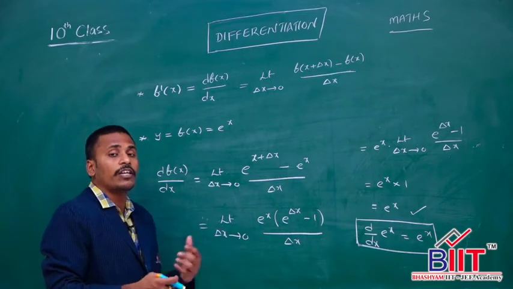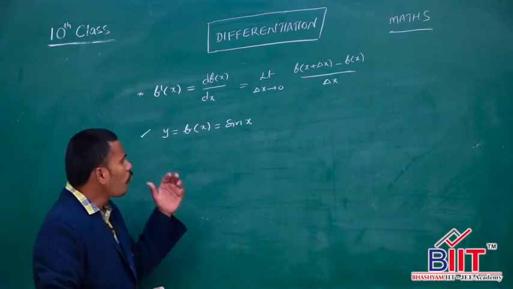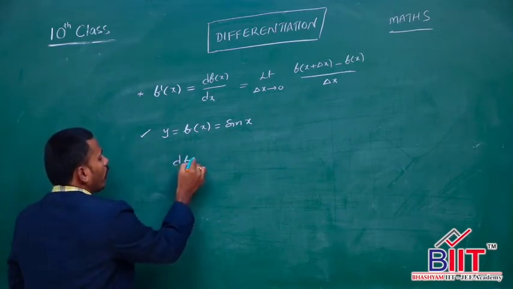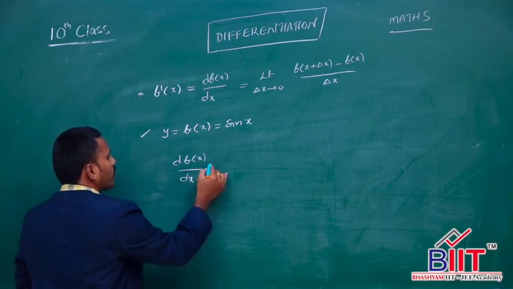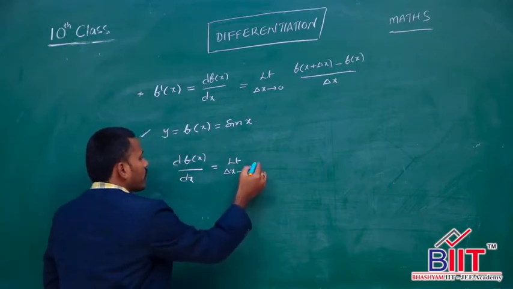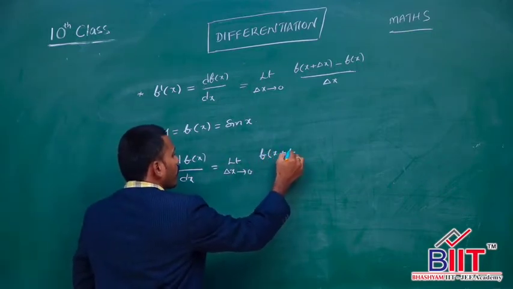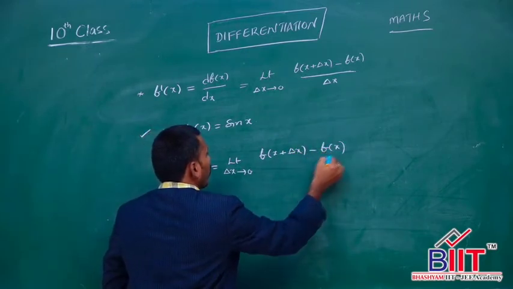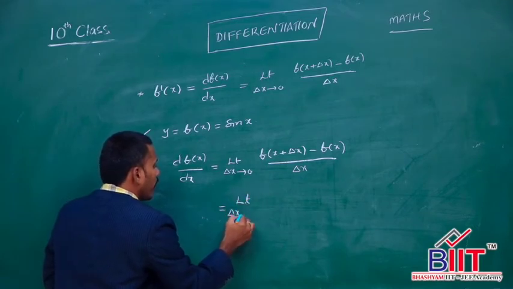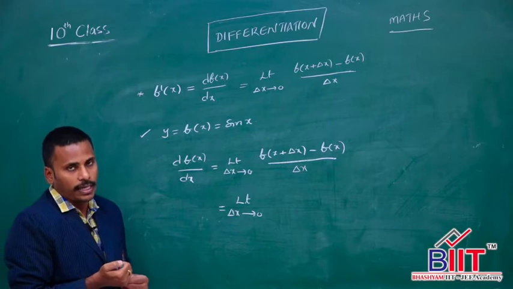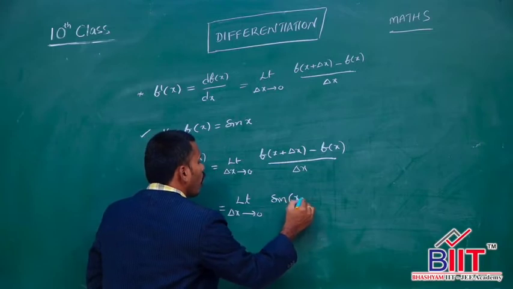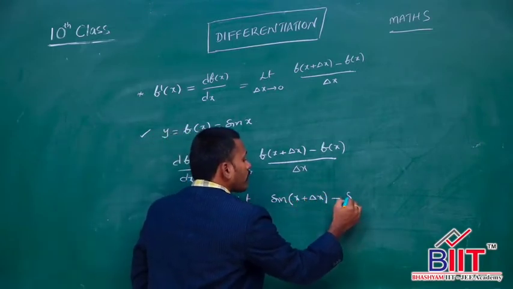Let us look here and I will discuss one more problem. Now try to find the derivative for sin x using the same formula. So, we are going to calculate the derivative for f(x) with respect to x, and by that first principles method our derivative formula is limit Δx tends to 0, [f(x + Δx) - f(x)] / Δx, and that is equal to limit Δx tends to 0. What is f(x + Δx)? Here f(x) is sin x and f(x + Δx) is simply nothing but sin(x + Δx) minus f(x), which is what?